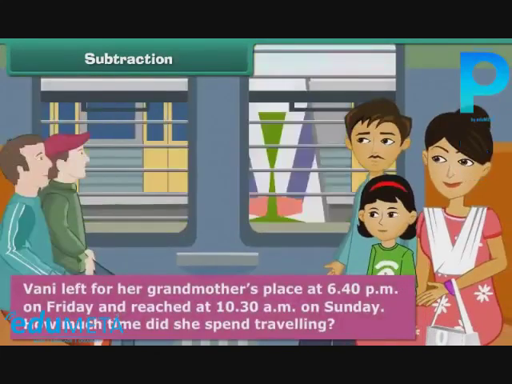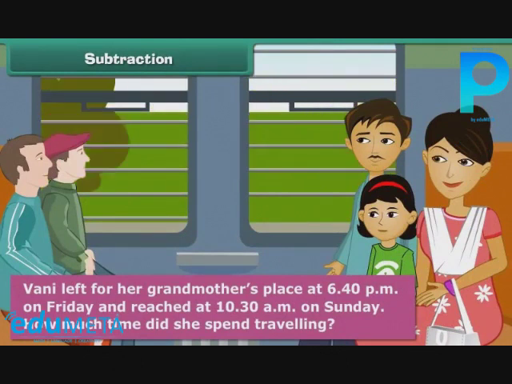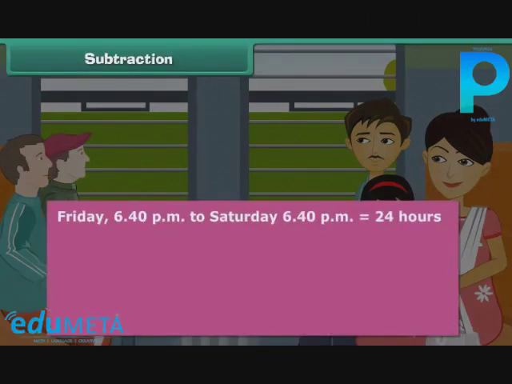Vani left for her grandmother's place at 6:40 p.m. on Friday and reached at 10:30 a.m. on Sunday. How much time did she spend traveling? Friday 6:40 p.m. to Saturday 6:40 p.m. is equal to